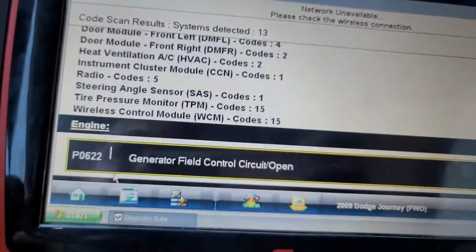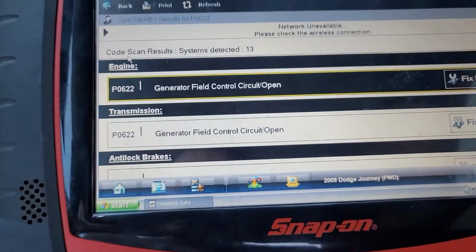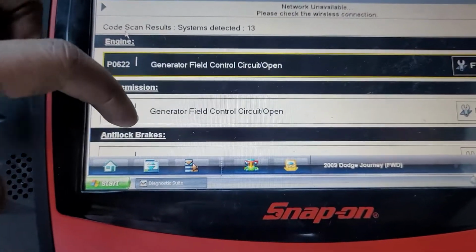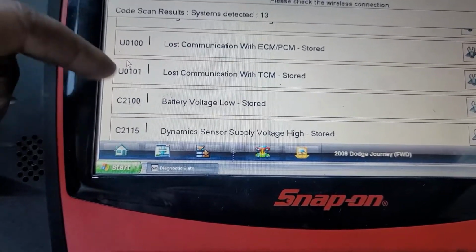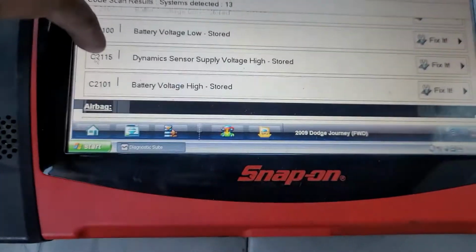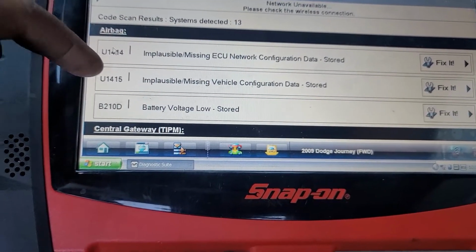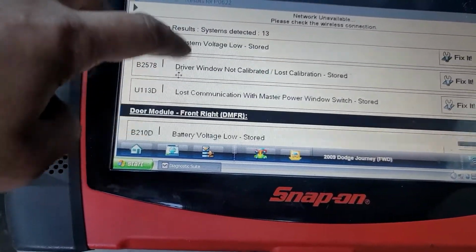So we are here. Hooked up the scanner and scanned the vehicle, and right away we have P0622, generator field control circuit open for both, and a bunch of communication codes, U1001, that's for battery voltage low. All of these are related to the battery dying or being disconnected. Vehicle configure, all of them stored, so I can delete them. They are not gonna come back, but